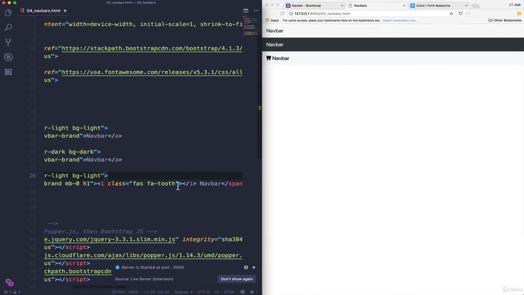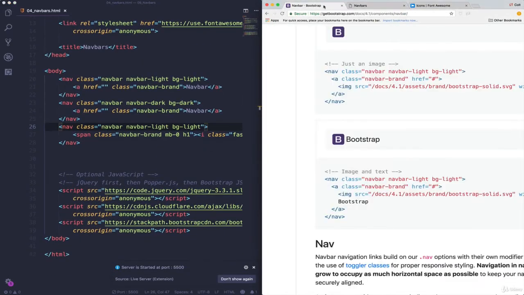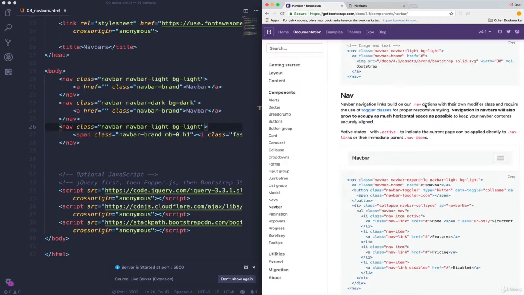I could change the color. I could give it a little padding or margin. Let's say margin left 3, or excuse me, right. I want margin right. That's too much. How about 2? There we go. Now we have an icon. So that's just a simple example. Other things that we can do, we don't need any more Font Awesome, is start to add links in our